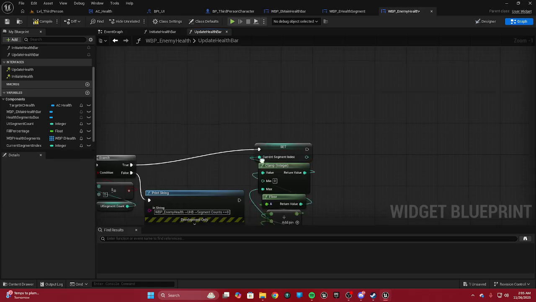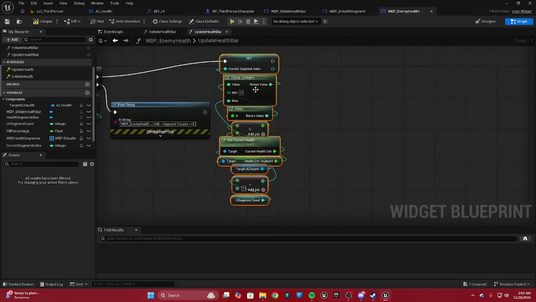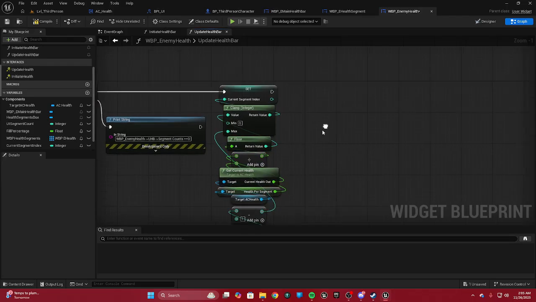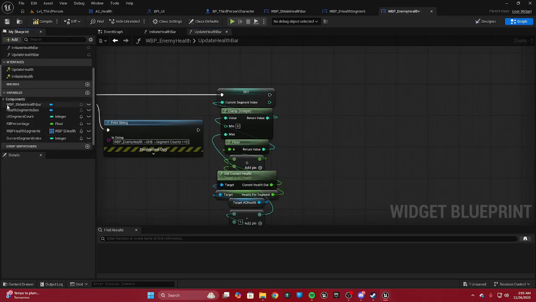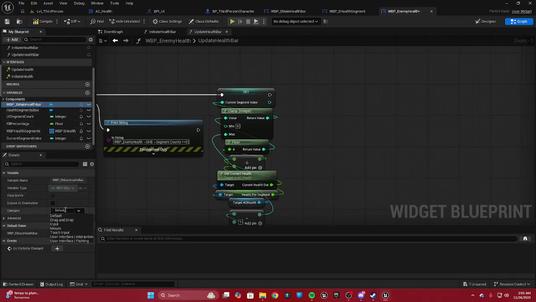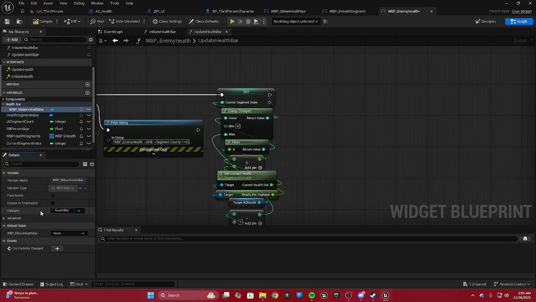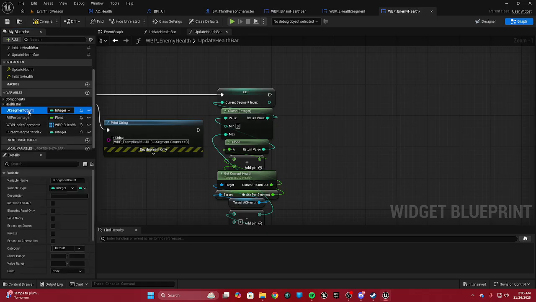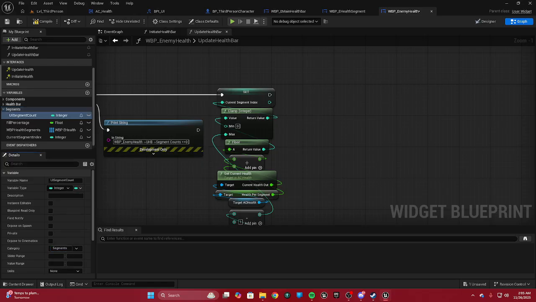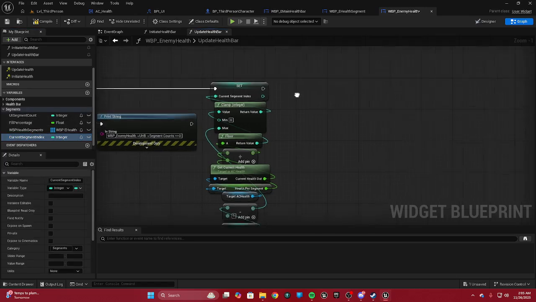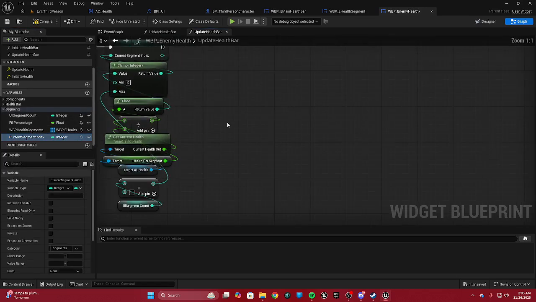And I have to organize these variables because there's a lot of them in here now. So let me see. Health bar, put that in there. That way it's just there. Segments. There. Okay. Now that I'm done doing that,